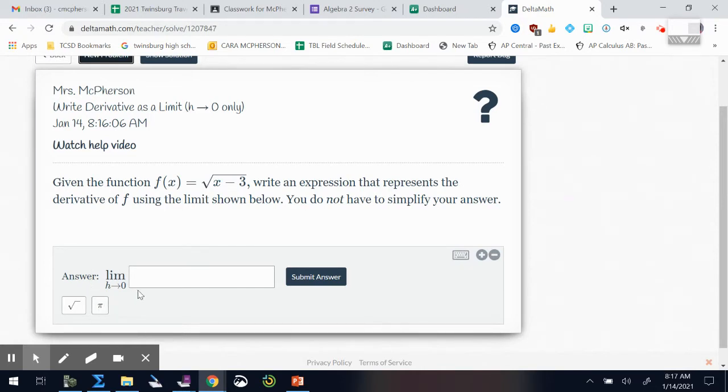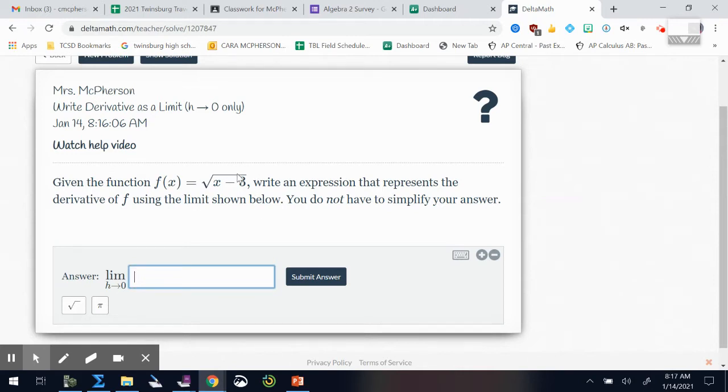And so they actually already start the process for you. These can be tough to type in, so they do this part and say, well, okay, the limit as h goes to 0, and then your job is to basically do the rest of the derivative formula. So what that means is you're going to take f of x plus h minus f of x all over h. When you're typing it into your bar here for Delta Math, you want to make sure that entire numerator